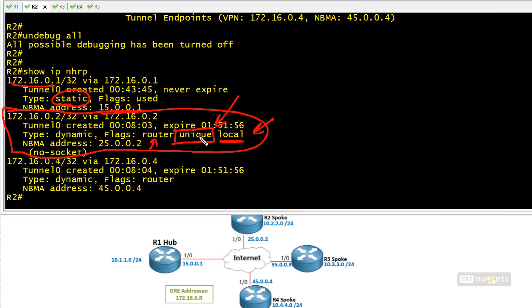Effectively, we're not going to override this mapping, because it's our mapping, with a different IP address or a different NBMA address. That could possibly happen if we had another spoke, for example, that was misconfigured with the same tunnel IP address as R2. If we configured 172.16.0.2 on R3's tunnel interface, and R3 registered and that information was advertised, then we would have another mapping that says